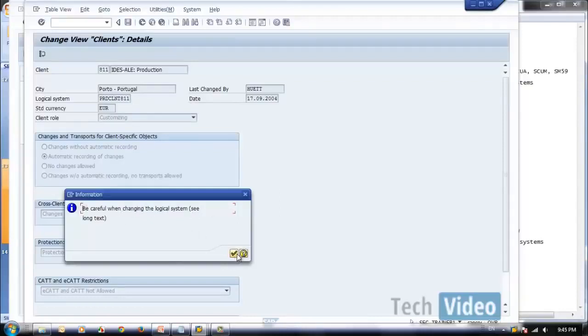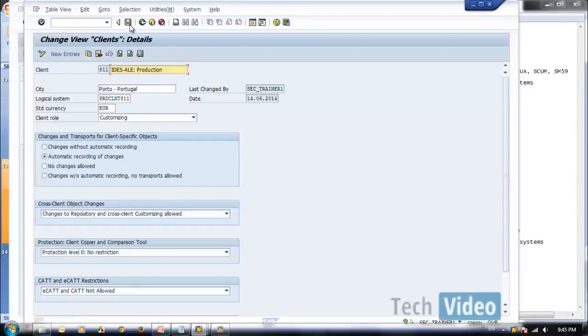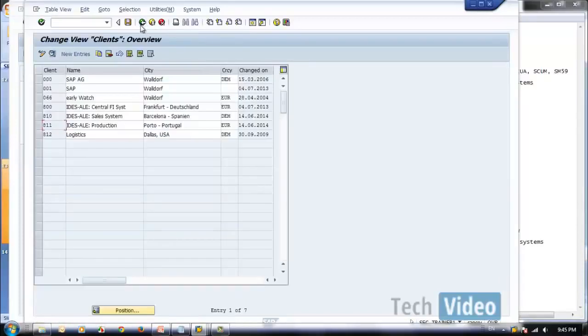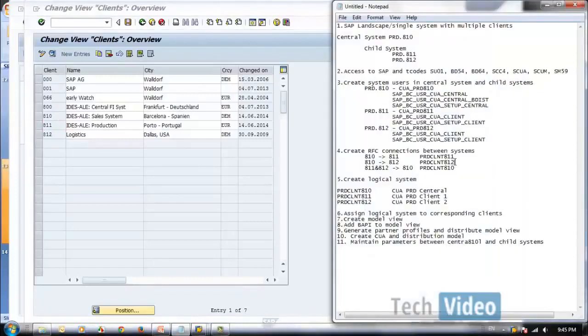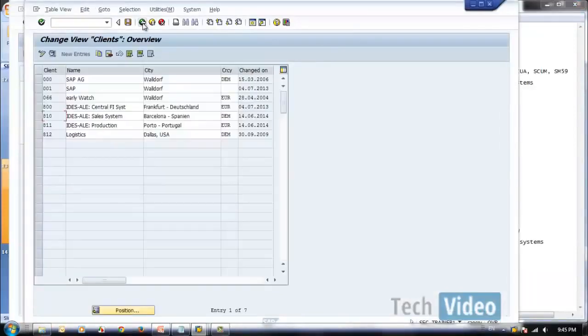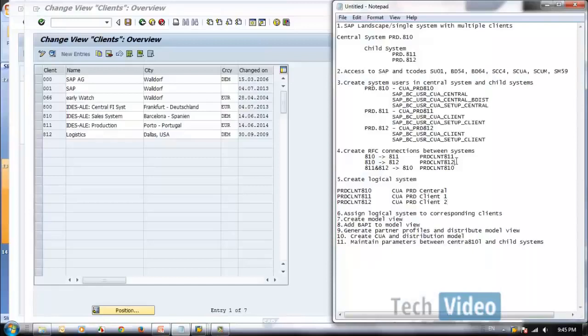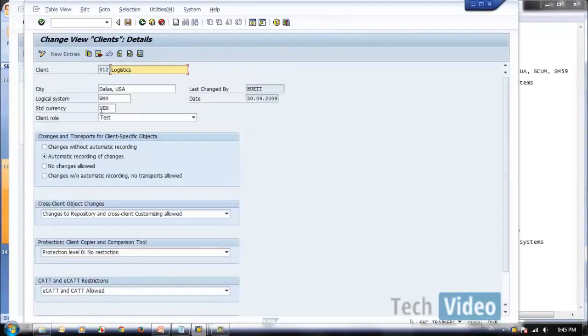Be careful when you are changing logical system, because this will have a huge impact. As I said, when you change this logical system, you need to check whether you have an existing ALE setup. So simply don't go and create a new logical system. This can have a big impact. So be careful when you are doing this. The existing ALE setup should not be affected. So if you already have the ALE already set up, then it is recommended you use the existing logical system and their assignments. You don't need to create one.